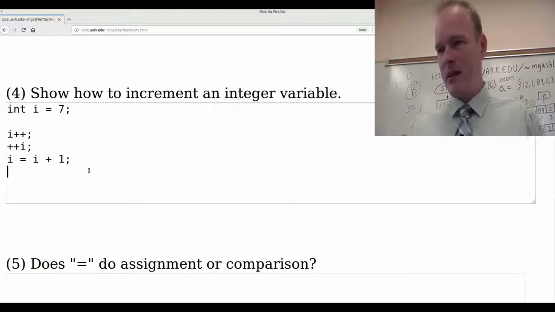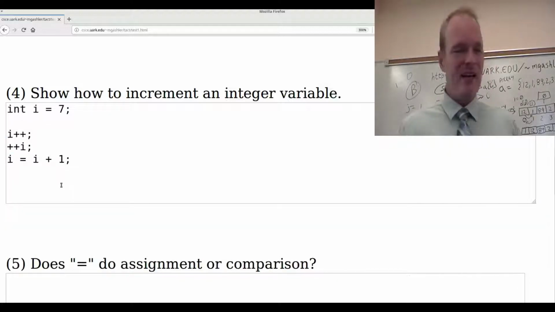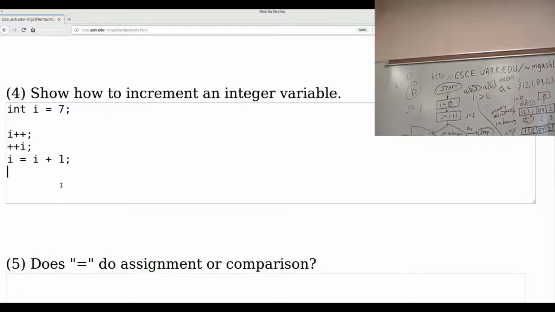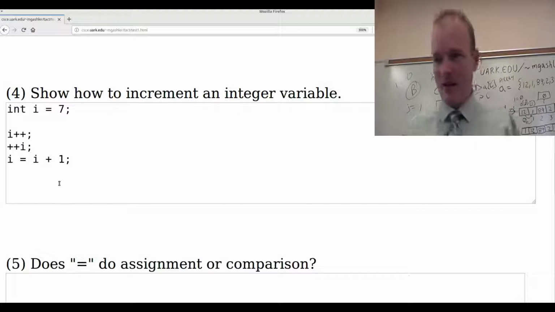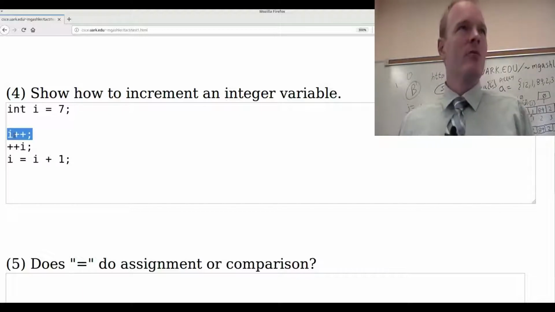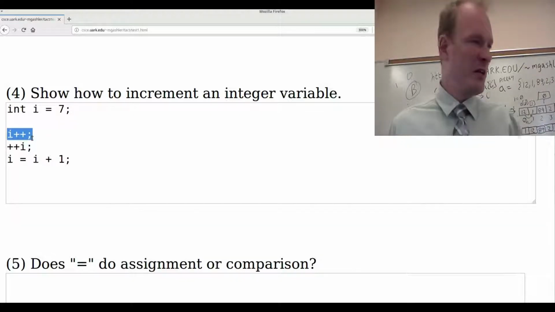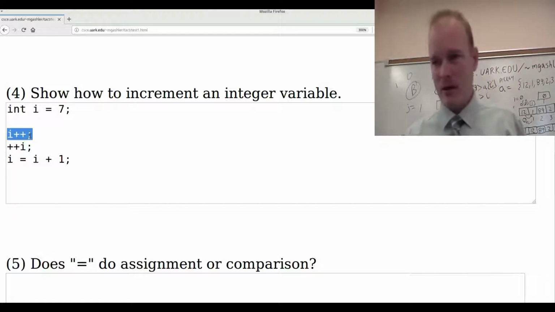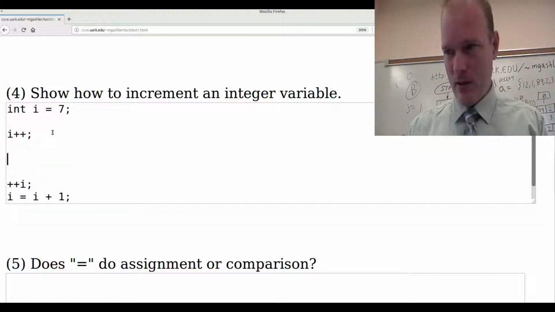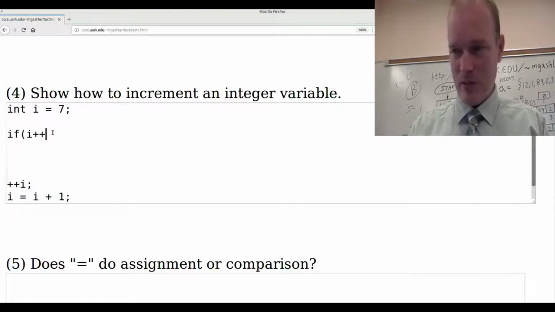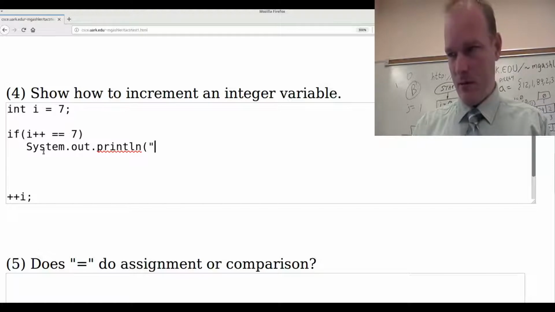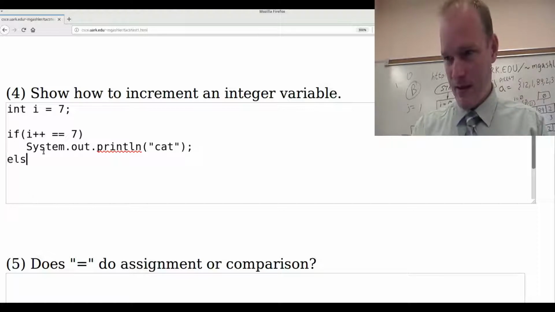Now, yesterday I mentioned that you could do both of those, and I kind of hinted that there is a subtle difference between them. Would you like to know what the subtle difference is? Yeah. Okay. It turns out that these operations actually return a value. Now, usually we ignore the return value because we just say i++, and whatever number it gives back to us, we're not even using it. But you actually can, if you want to, say if i++ is equal to 7, then System.out.println, I don't know what to type, cat, else